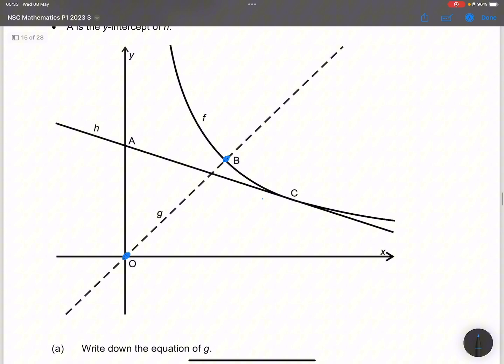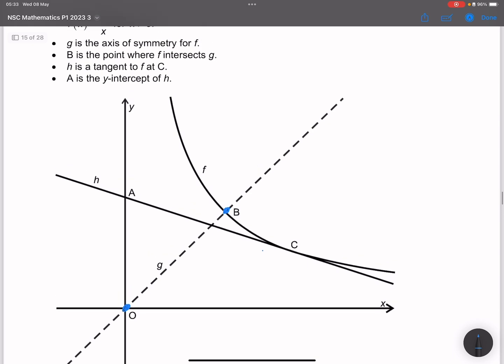Now remember they said that h of x is a tangent to the graph of f. Okay, so they told us that h is a tangent to the graph of f at c. So to get a triangle, triangle ACO, we are looking for the area underneath that triangle. So first of all, if we can find out what the length of AO is, so half base,